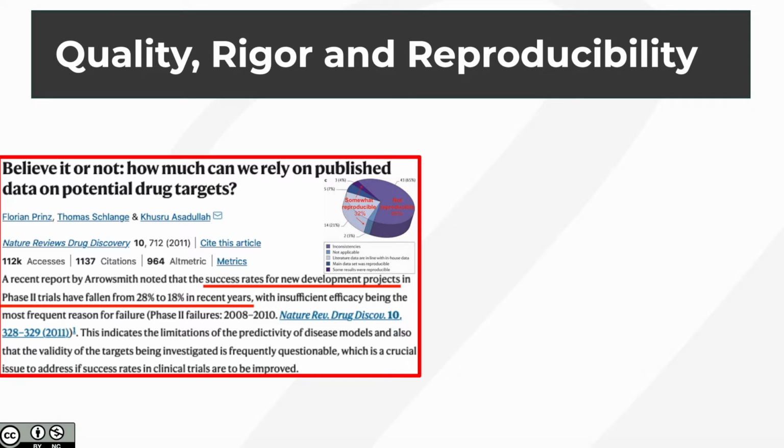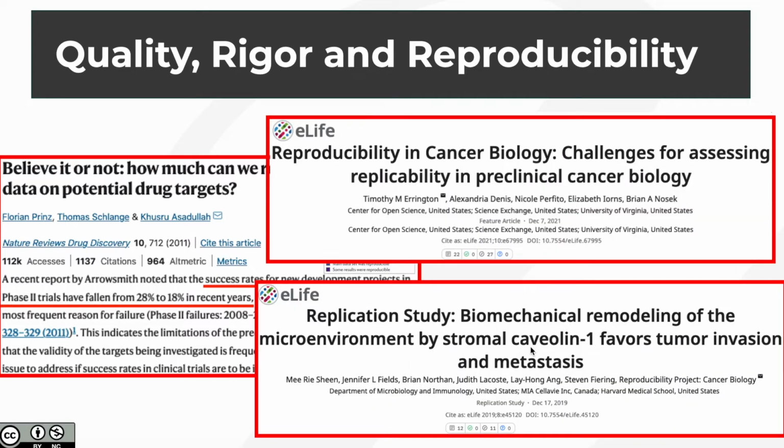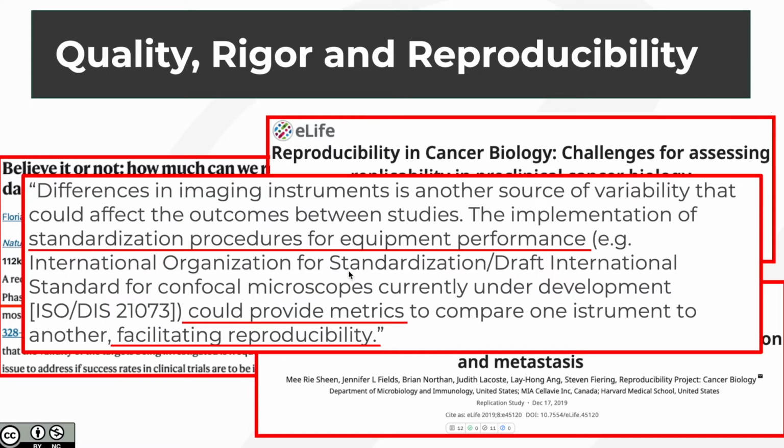In this study, for example, it was found that only 30% of the results were actually reproducible. More recently, formal studies were conducted by the Center for Open Science to examine the reproducibility of cancer research. The results were not encouraging, and the documentation of the performance of microscopes was found to be a key contributing factor